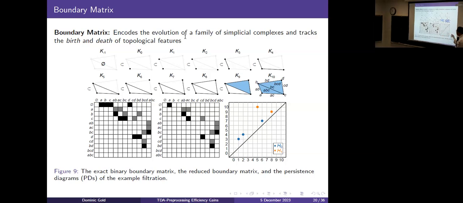This persistence diagram is exactly the information that we were trying to extract, that this encodes: oh, you have a hole that was born here and then it died later on, or you have points here that have persisted forever, right? So if you can do this, then you can get this. And that's really the thing we're trying to get at.